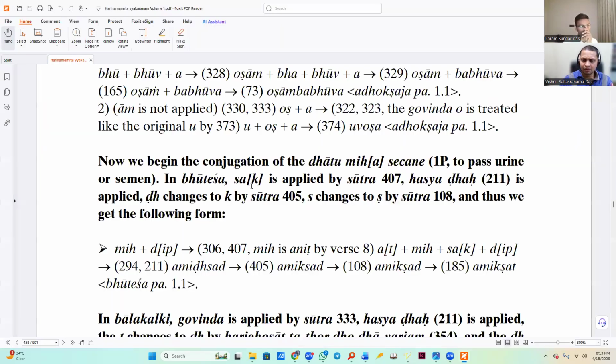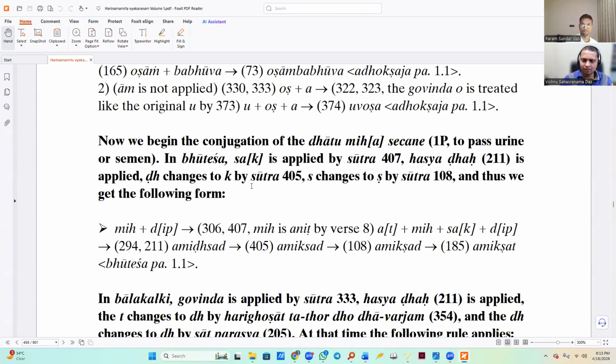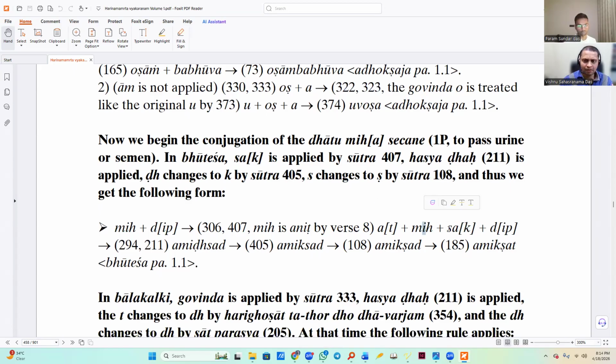So mih dhatu, mih sechane, mih plus dip, dhatu purumat, and ishodhava. This is anit dhatu. Ishodavad anito Harigotrantat, Sak Bhuteshe, Drishimvina. So Miha has Isha as its Uddhava. It ends with Harigotra and it is Anit. Bhutesha Pratyaya is following, so we insert Sak.